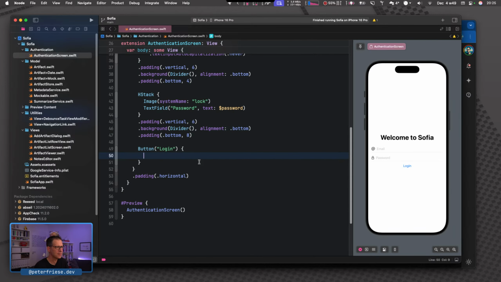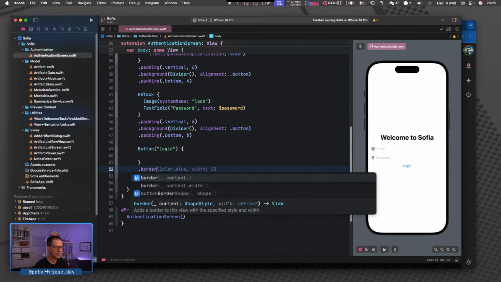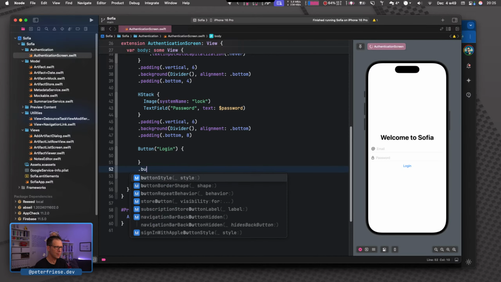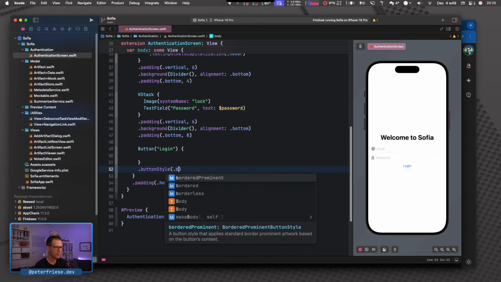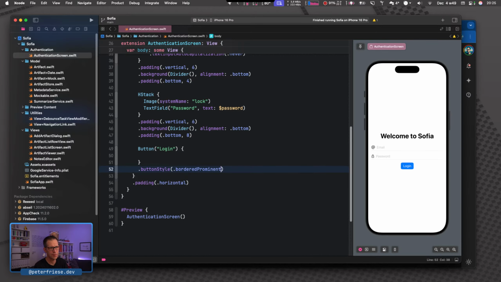Let's see what kind of styling I had in mind. I think this is fine for now, but we can try button style dot border prominent to turn this into this kind of button.